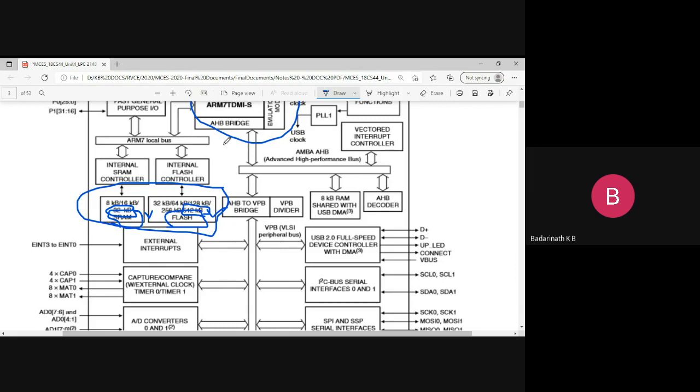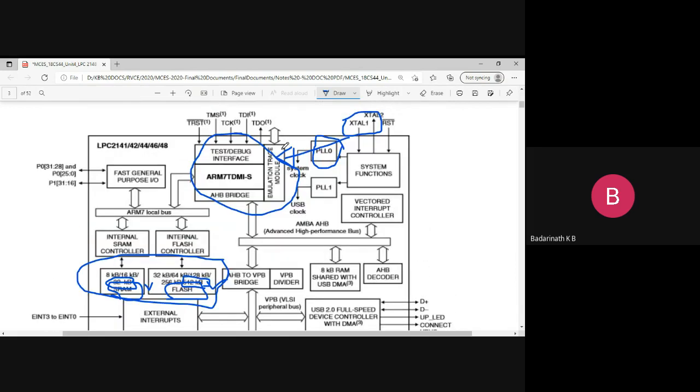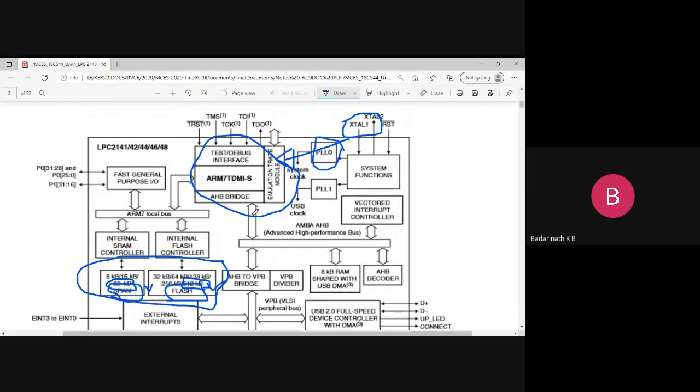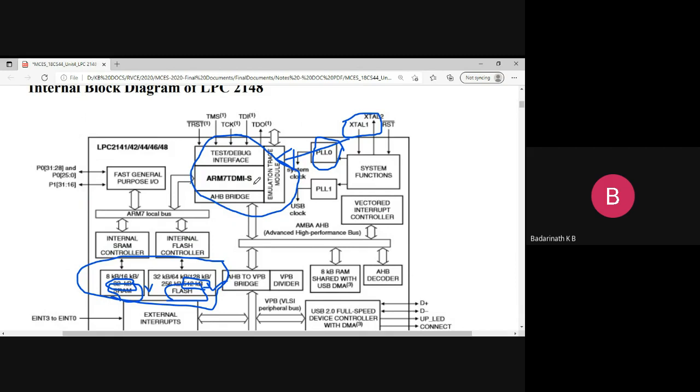Now we will understand the three buses present here. There are totally three types of buses. Buses means a set of pins, a set of signals or lines which are used to carry information from the core to the other parts of the microcontroller. Look at this. This is one bus, which we call a local bus. Here you can see one more bus. This is called